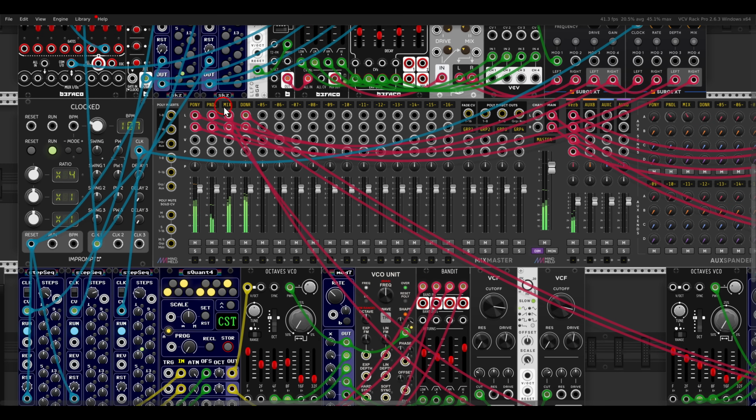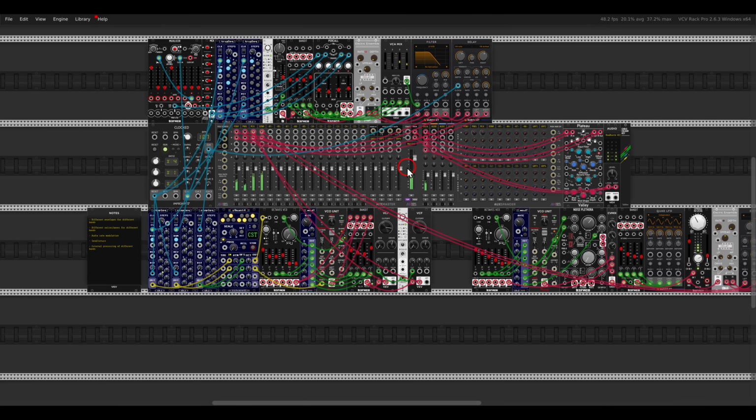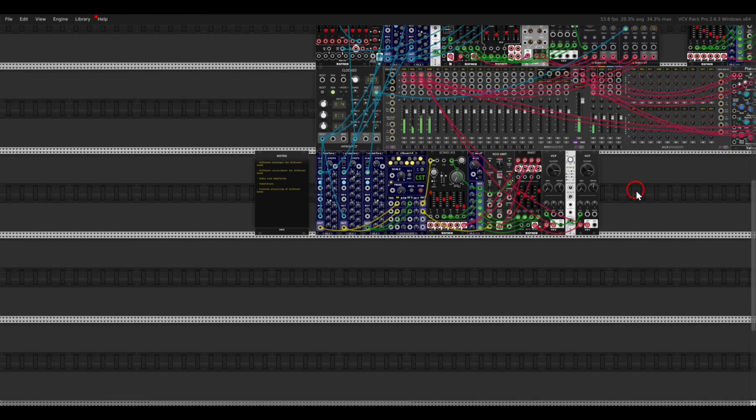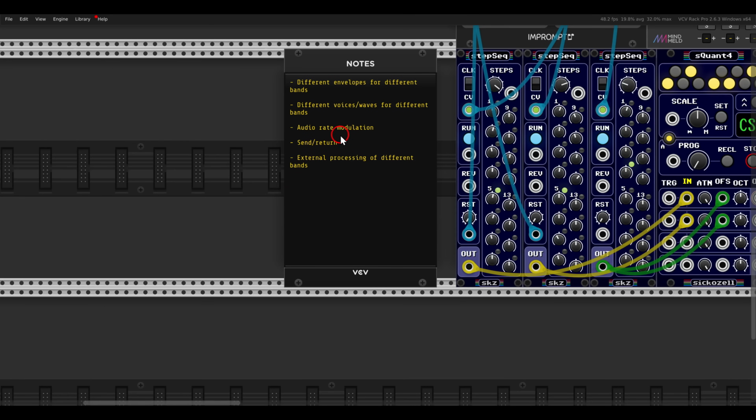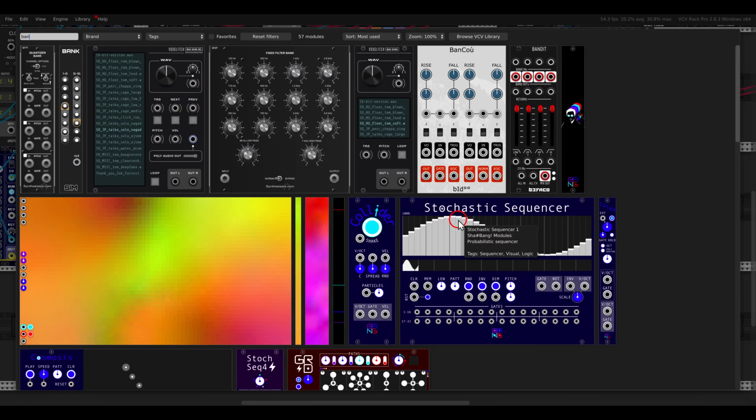Right, maybe this is here, the mix is a bit too high. Now another thing, maybe this again we can put up here. We also have send and return. So we can use send and return in Bandit directly, or we can also process externally the different bands in parallel, right? So if we look at Bandit,